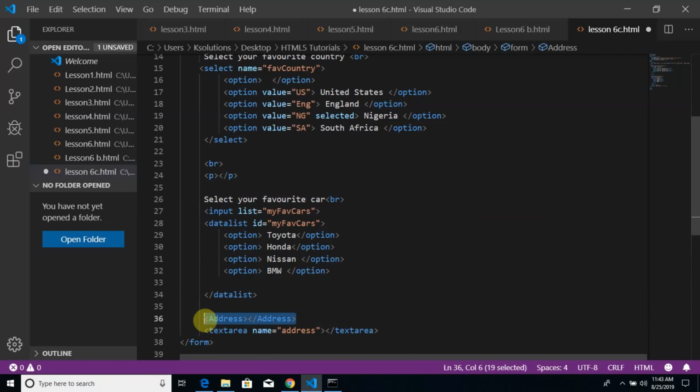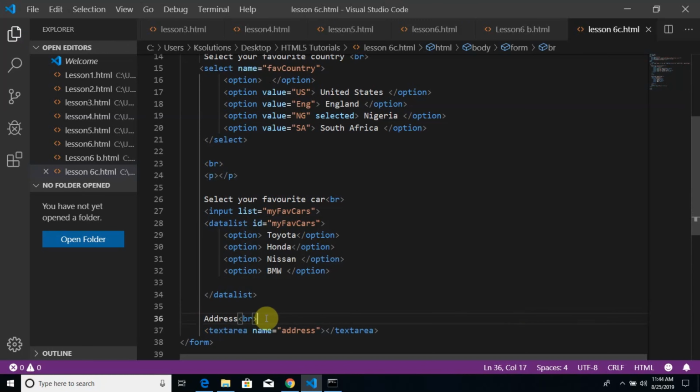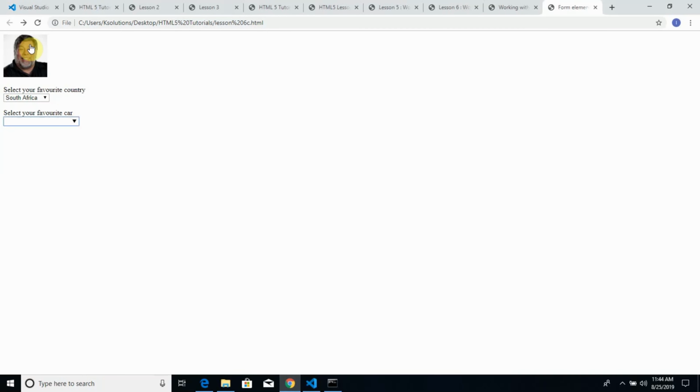So no, I'm not using the address tag, I just say specify your address, not address tag. Okay, and I use BR, and of course have this pasted here so we can have some clarity. Now, this is the address bar, so you can see that it's bigger than this by default,